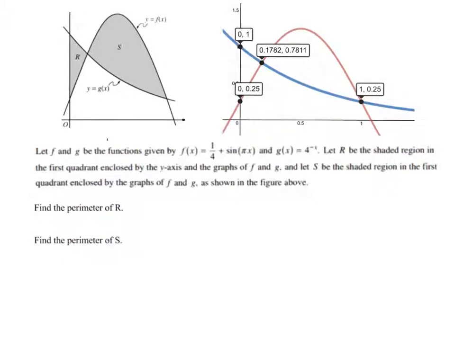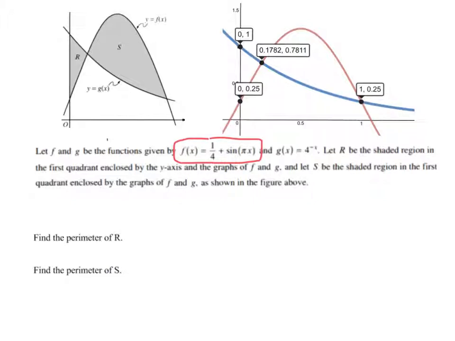All right, so I'm going to move this down a little bit, and knowing that I'm going to use arc length because I'm finding the perimeter, I'm going to need the derivatives. Okay, so if f is 1/4 plus sine of pi x, let's find f prime. So 1/4, of course, its derivative is gone. Derivative of sine is cosine. We're thinking chain rule, so leave the inside alone, then multiply by the derivative of the inside. So there's